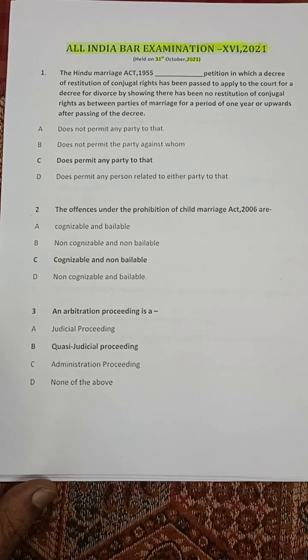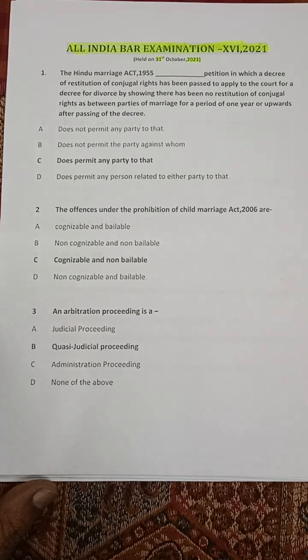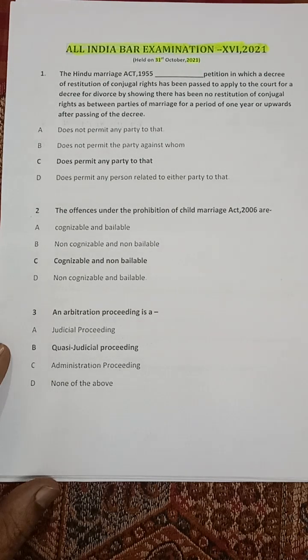So, option A does not permit any party to that. Not correct. Option B does not permit the party against whom. Not correct. And option C does permit any party to that, is a correct answer. Option D does permit any person relating to either party to that, it is incorrect. So option C is a correct